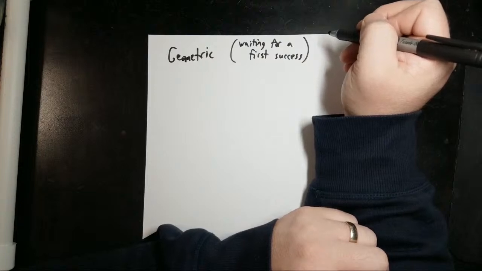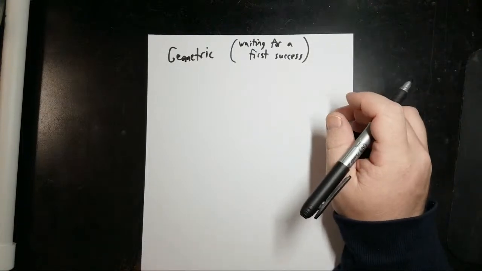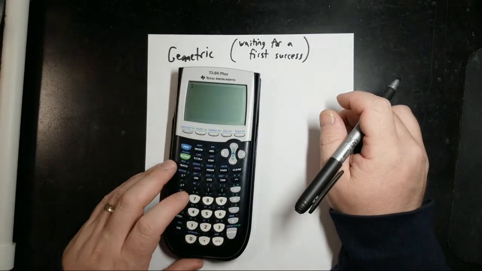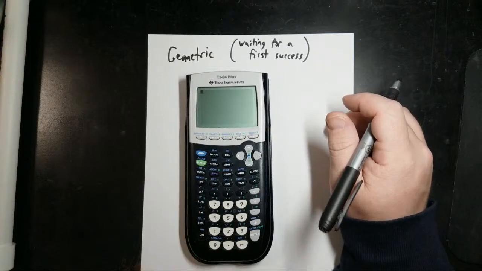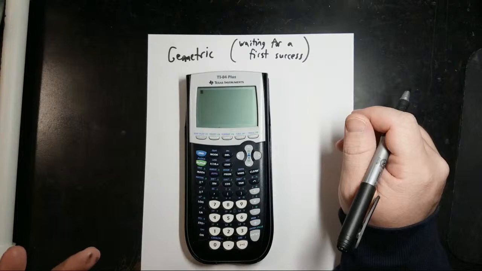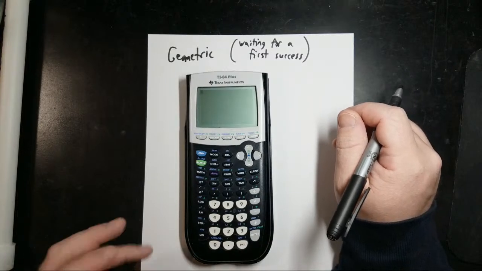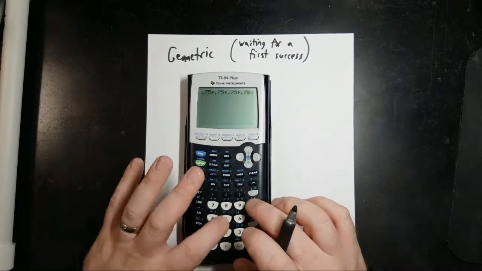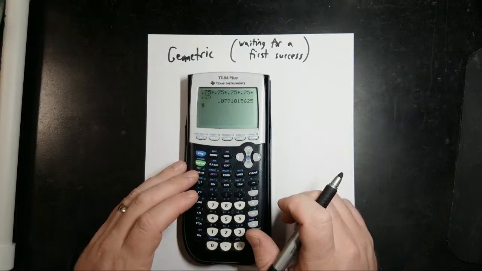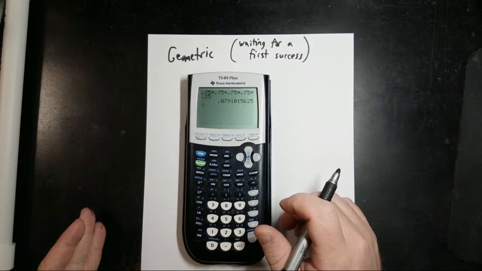So if the chance of some event happening, or the chance of me winning a certain game, is like 25%, what are the chances that I would have to wait until my 5th time playing the game to get that first victory? I lost the first, second, third, and fourth one, and then finally won. It would be approximately an 8% chance, because I would have to lose those first 4 times